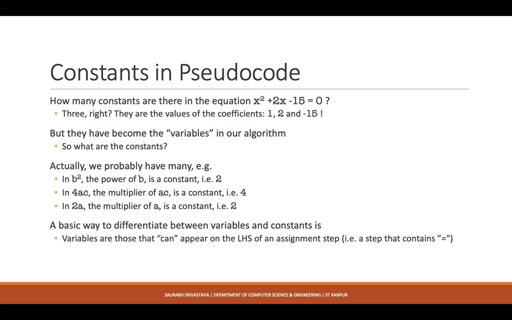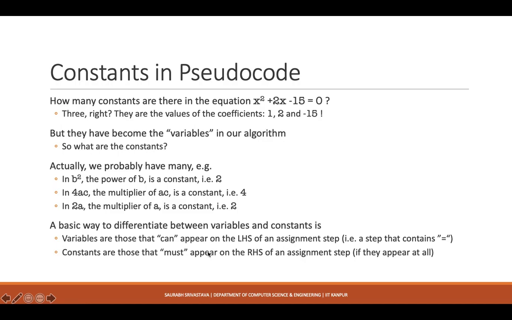Now there is one simple way. It cannot tell you every time, but I think most of the time you should be able to figure it out. So when you are writing your algorithm, variables are those symbols, let us call them for now, those symbols which can appear on the LHS of an assignment step, right? So an assignment step is something where you are writing something like something equals something else. So in here, the part on the left side of the equal to sign is a variable,